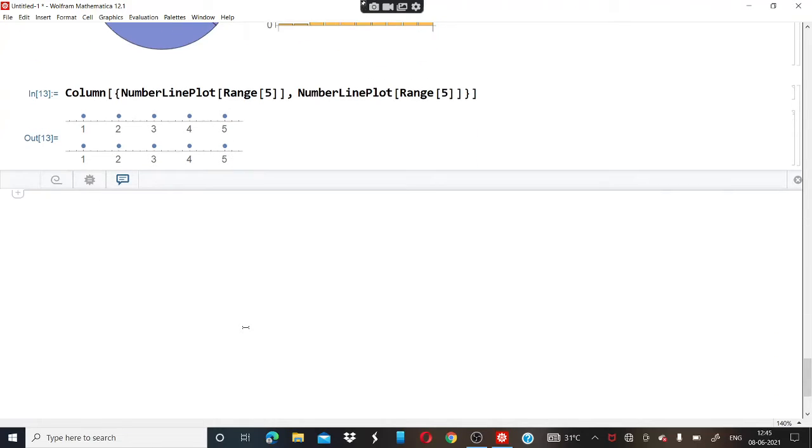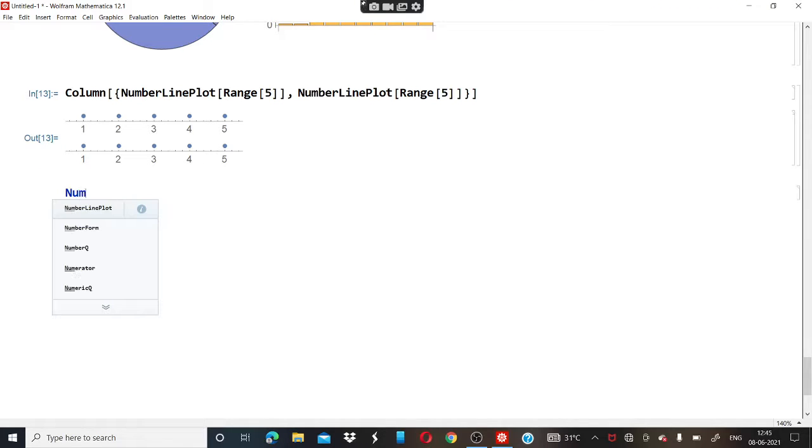And our last question is, we have to plot the number line plot for the fractions. So here we are going to write again the number line plot, then use these brackets, and after that we want 1 by 2, 1 by 3, 1 by 4 up to 1 by 9.